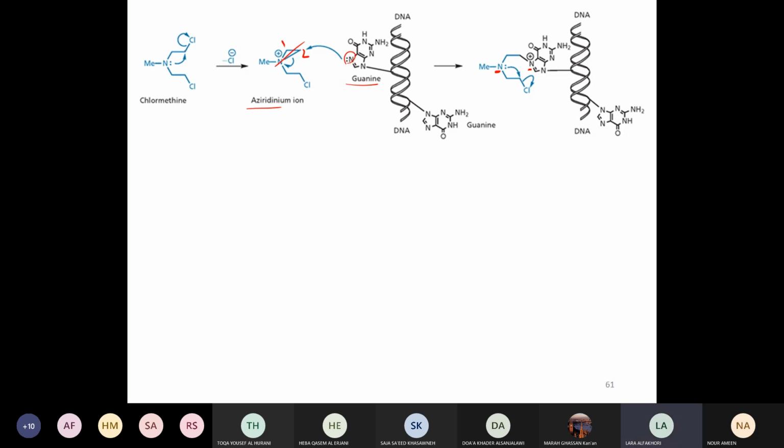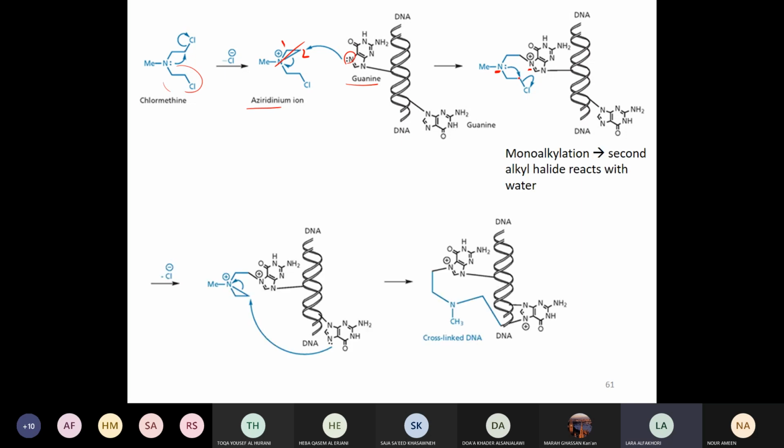Both carbons are at the same distance from the nitrogen, and regardless, even if there were differences, the final product is the same. There will be an ethylene bridge between nitrogen 7 and the chloromethane nitrogen. Okay? Now, because I still have another arm that is also electrophilic, once this aziridinium ion is opened by nucleic bases of DNA, it can again attack this electrophilic carbon, forming another aziridinium ion that can be attacked by another nitrogen 7 in another guanine, either in the same strand or in another strand.